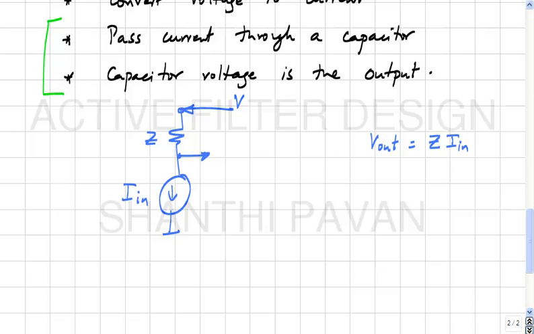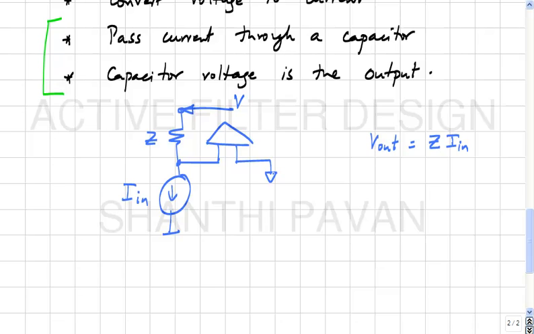You compare V minus I in Z. So, V minus I in Z is nothing. How will you realize I in Z? You pass I in through Z. So, this drop will be I in times Z. This is V. So, this voltage will be V minus I in Z. So, this must be compared to ground,